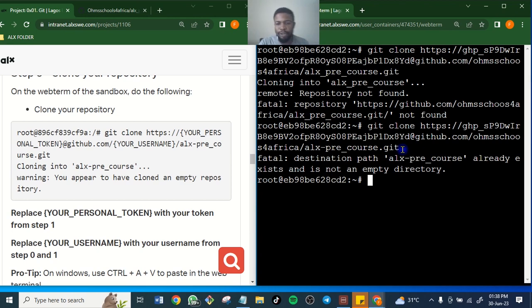So now it's saying ALX precourse already exists and is not an empty directory, meaning this is an account that has already been git pushed to GitHub. So we are using another account again to git push.